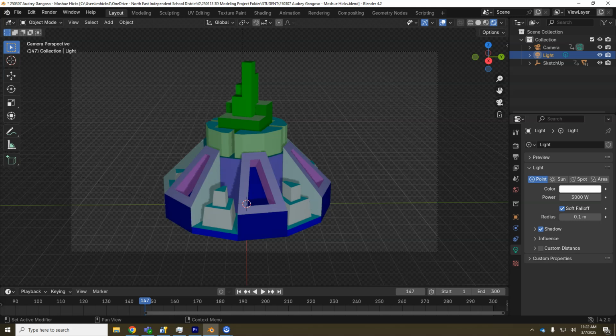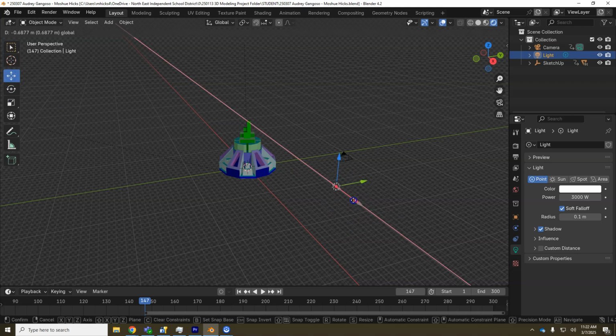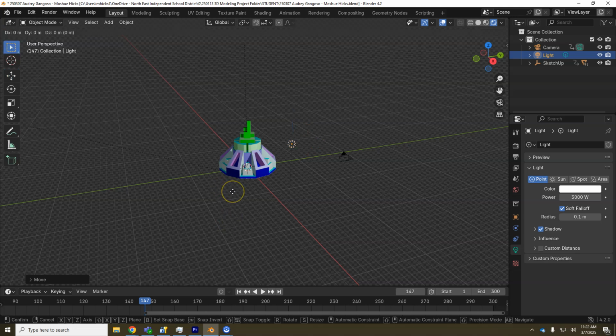You can also move it closer. Without it being locked, you can orbit and look at where the light is. This is the Move tool. You click on the actual color of the arrow in order to move it around. There's also the G key. You just tap G, and as you move your mouse, it will move the light around and find a good